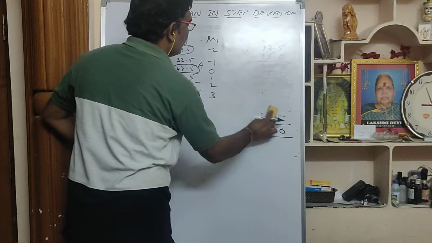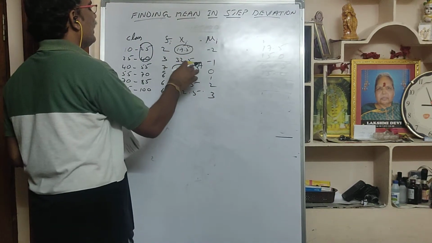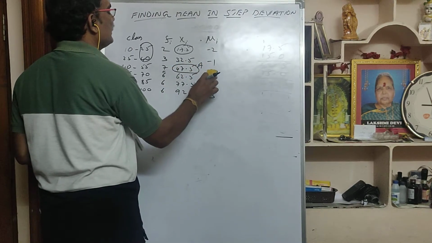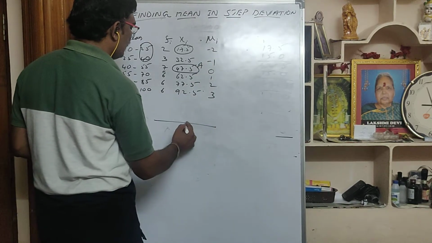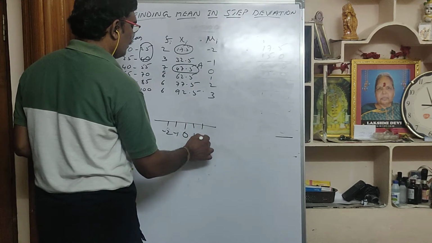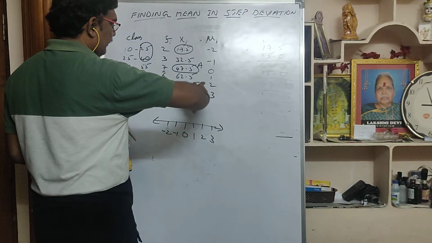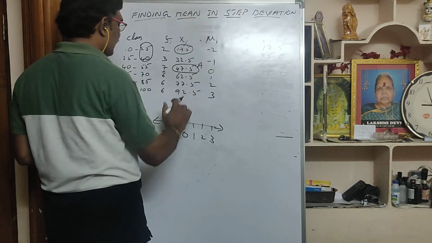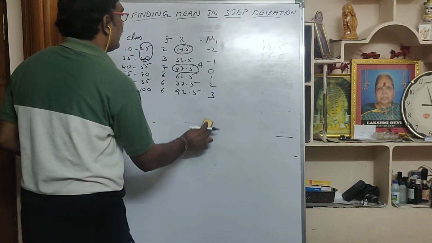Again I will say how to write ui. In xi, one value you have to assume as A. Where you assumed A, just opposite to that write 0. For the values above, do you know about the integer line? It is integers. On the left side you have -1, -2, and 1, 2 like that. It is a number line. This number line I am just reversing, I am turning it. So 0 will be on top, then -1, -2 like this, and down 1, 2, 3 like that. Okay, then we will go for the next column.